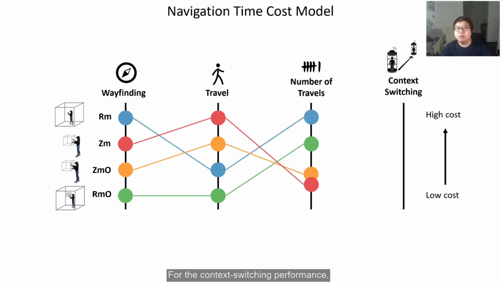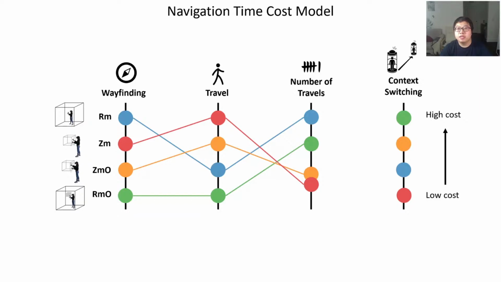For the context switching performance, we believe the zooming interface has the best performance as it provides a spatially continuous experience. In the baseline condition, the physical movement also has a spatially continuous experience. However, participants also performed a significant number of teleportations, which introduces context switching cost. When teleporting with an overview, the user can hardly estimate the destination, which we believe has the highest context switching